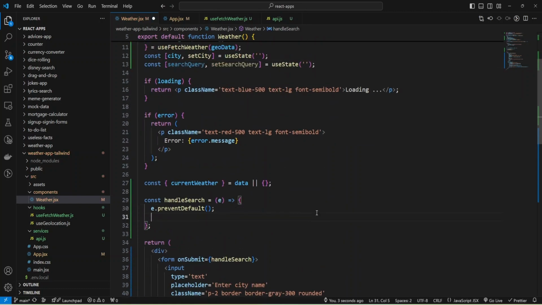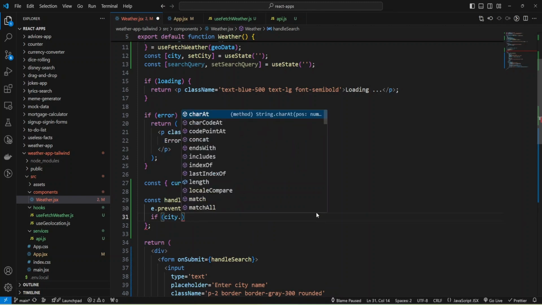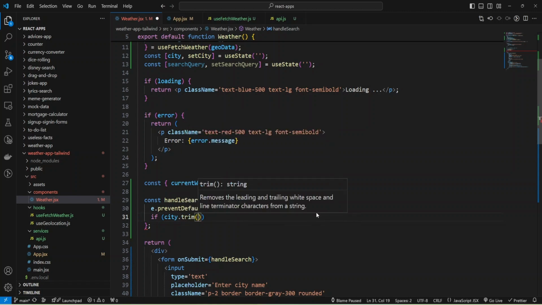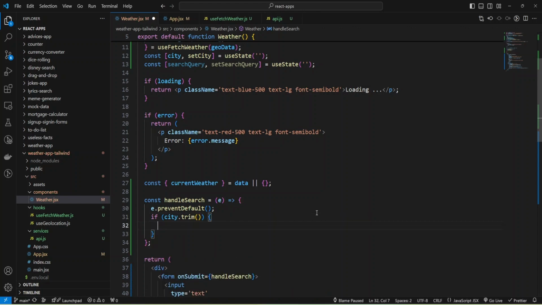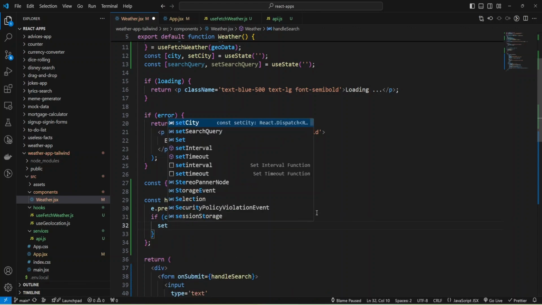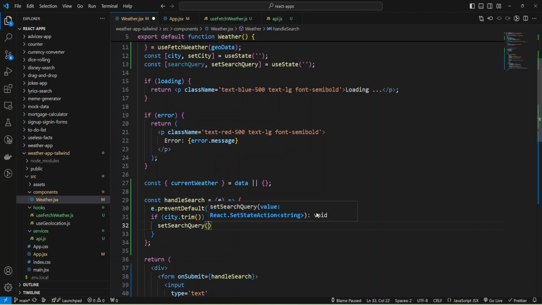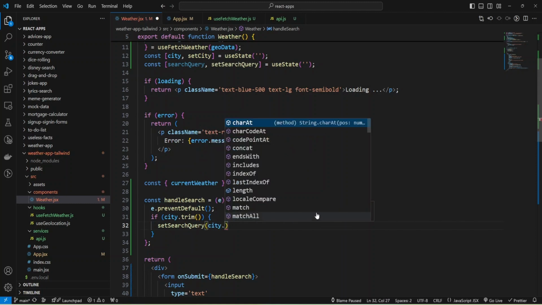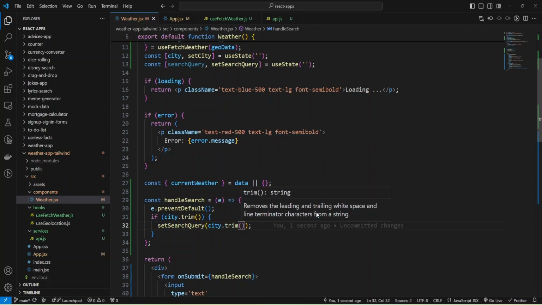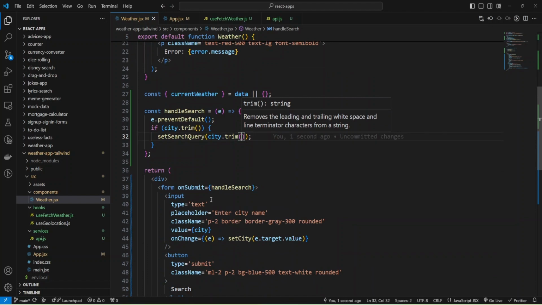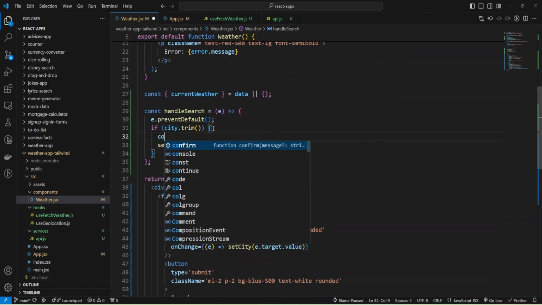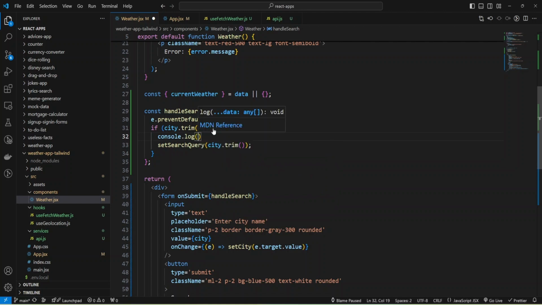Okay, and now we can check if we have city, and we can remove all spaces, and then we can set the value of the city to our query, setSearchQuery, and use city and remove all the spaces. Okay, and let's make a console log city equals city, and let's check what we have.